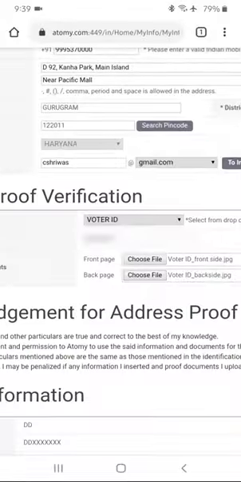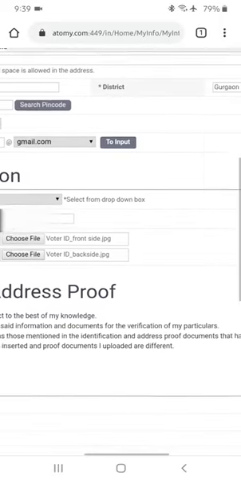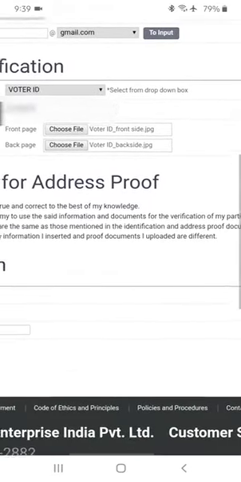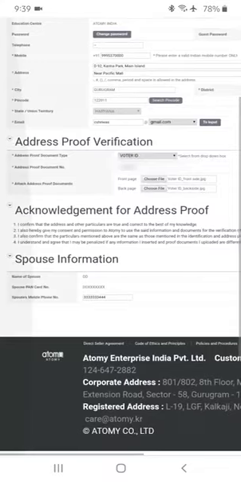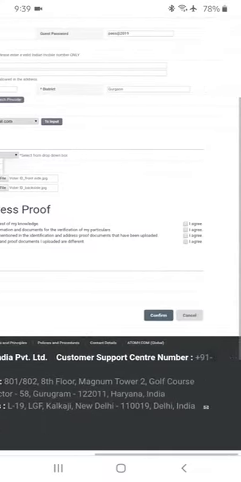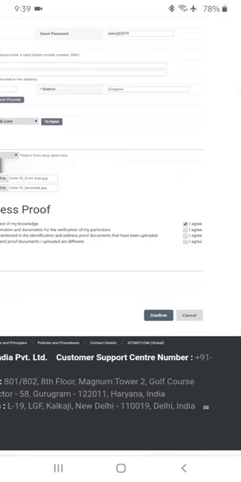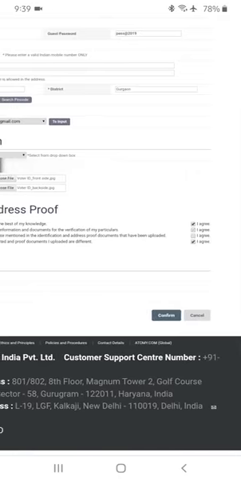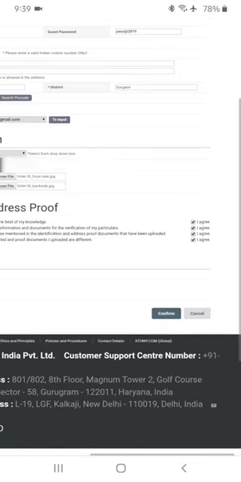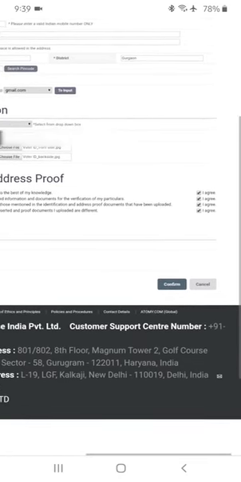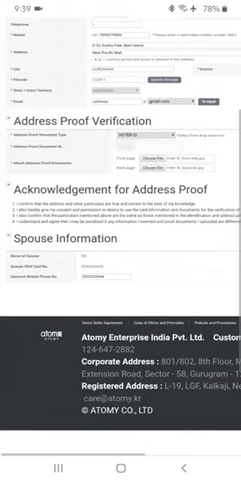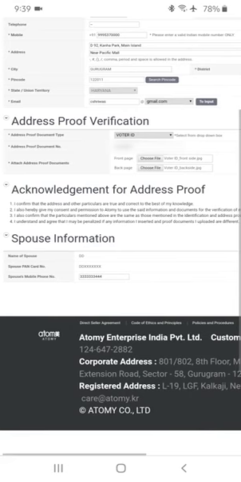Then scroll down further and give your consent on the acknowledgement of address proof. Click on all the 4 boxes. Then you go to the next section, that is the spouse information. If you have already added the spouse, then you can move directly.